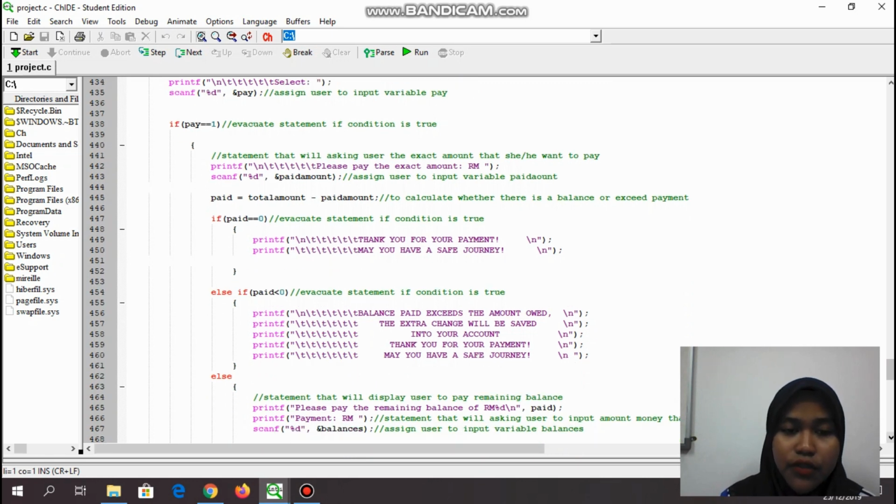Please print out the statement. Please pay for the remaining balance of RM something, which is the same as paid, which is our formula just now, where paid is equal to total amount minus paid amount. So here we will use the printf to give the statement asking the user to input the amount of money that she or he wants to pay, and then we use the